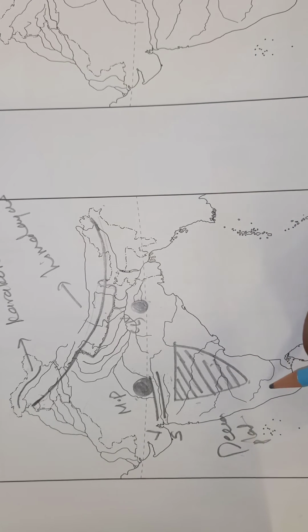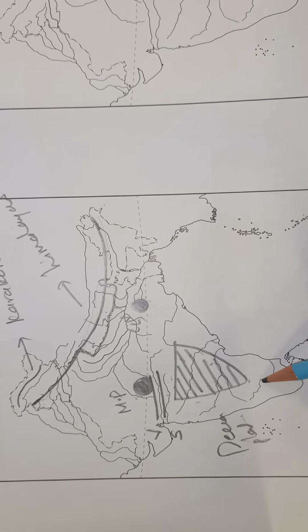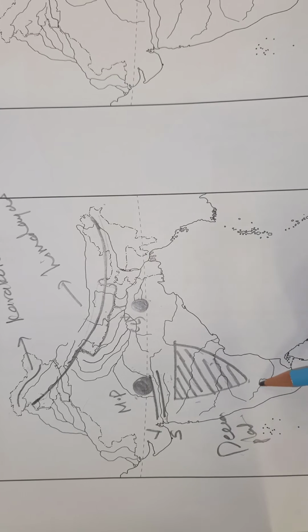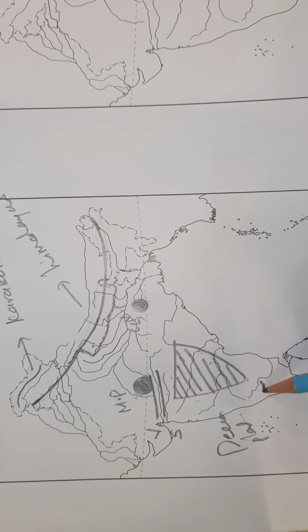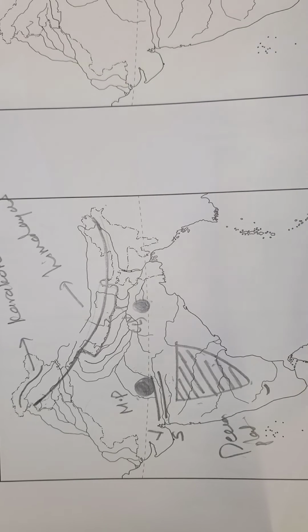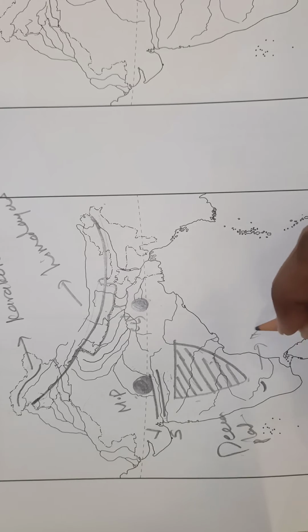Next is the Nilgiri hills. You can see a curve over here. From here you have to come outside a little bit. This is the Nilgiri hills. Okay,